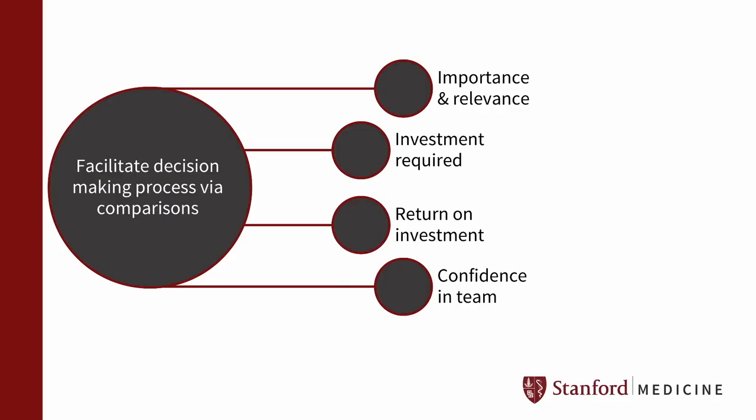The second thing you should do is learn how decisions are made. The hospital leaders want to do the right thing, so help them understand what you're proposing in terms that allow comparisons across projects that are competing for their attention. And most senior leaders make decisions based on at least 4 things. 1, the importance and the relevance of the proposed program to the strategic priorities.